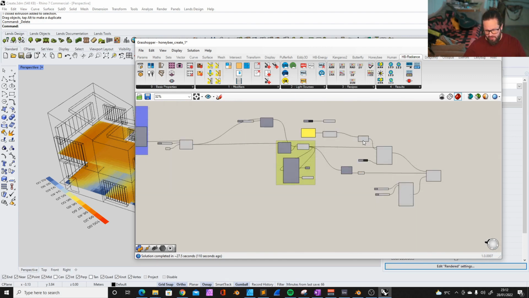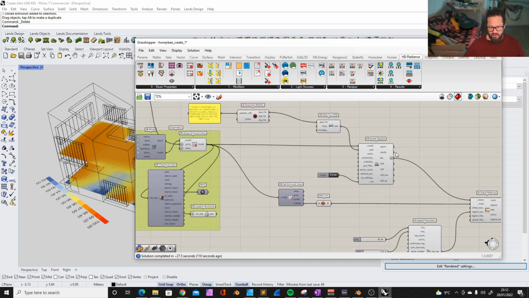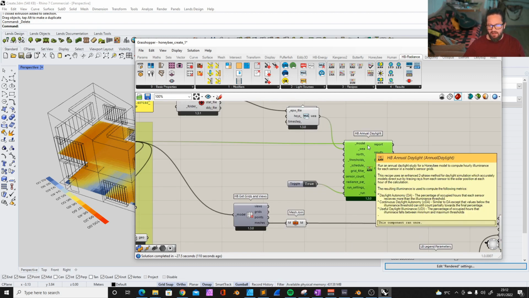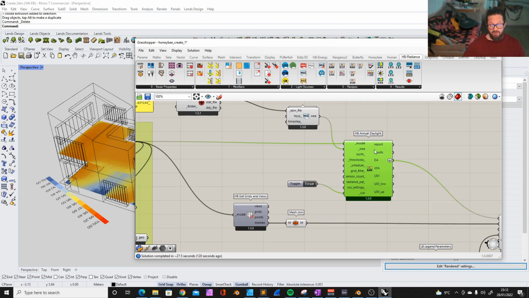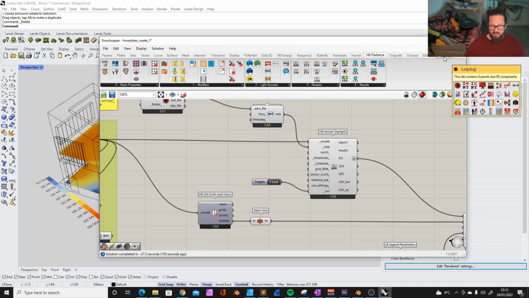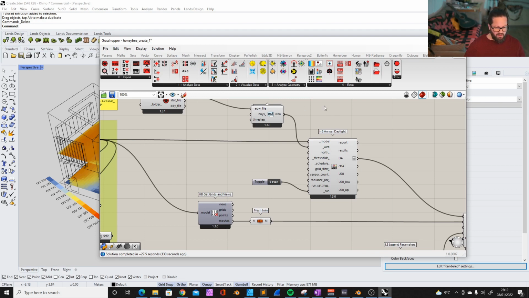Just one more thing. Let's cover one more thing. The annual daylight calculates the whole year. You can also calculate just a month if you want. And that's done with the hours of the year. So Ladybug works in that case a bit different. The new Ladybug tools, they work a bit different than the previous one. The legacy tools, you could set a period. You can still do that, but